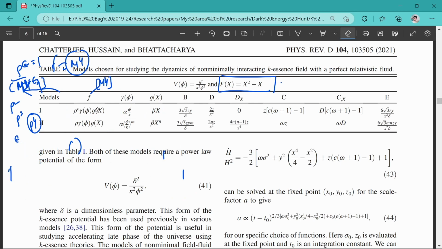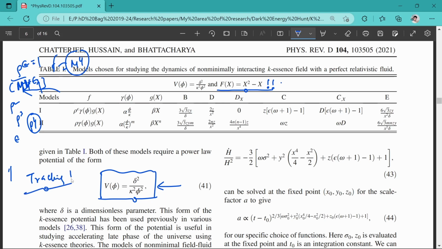For here, as we have already described, you have to define your potential. These are the things you need to take care of, that you are putting in and guessing. People have found these things from string theory, and they have evaluated them with respect to the potential part, and they have found a tracking kind of behavior.